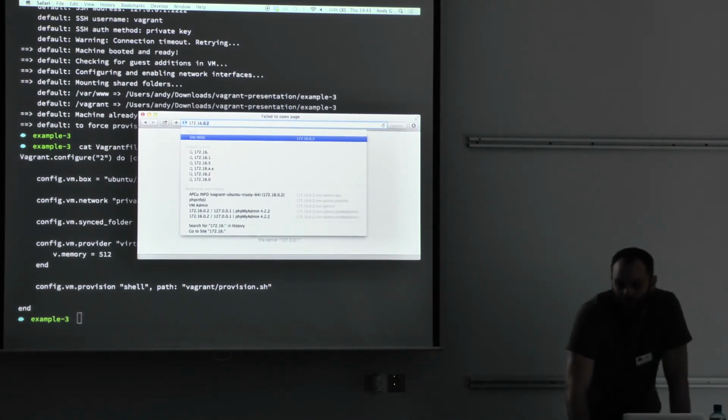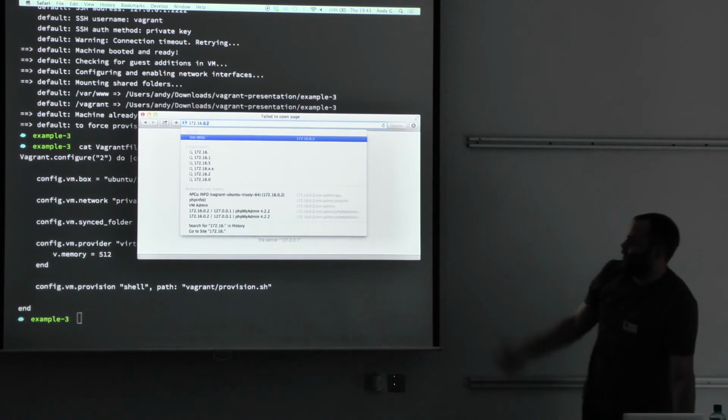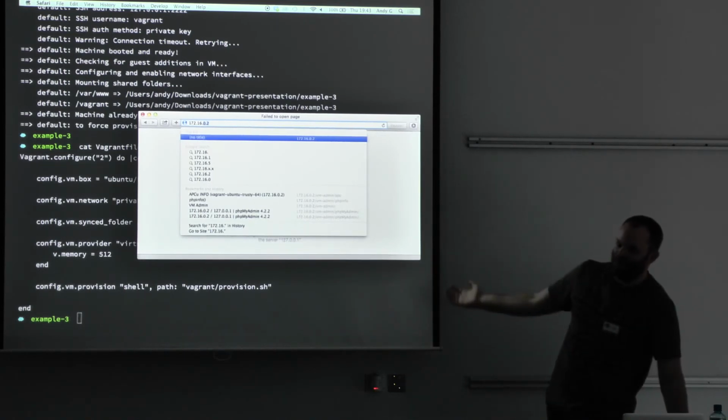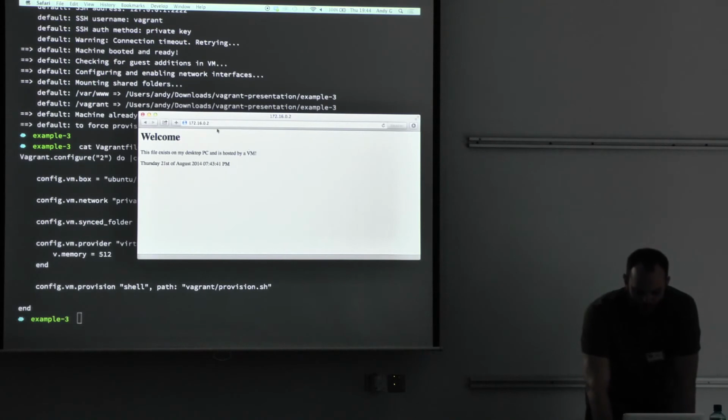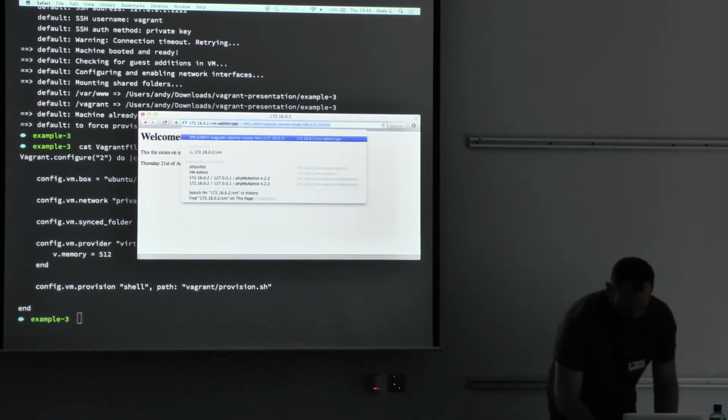We don't need port forward this time. We didn't specify it in the Vagrant file at all. It's not needed. We're looking at an IP address. This system is now being treated as an entirely separate box in our network. We don't need the forward ports. We just access the IP. And there we have the same thing again. It's the same script. But this time, thanks to my more advanced provisioning,